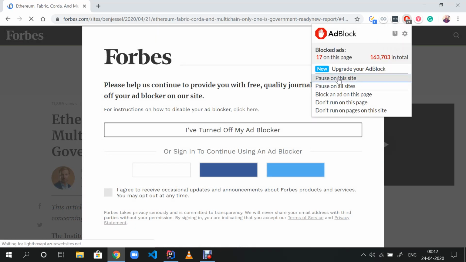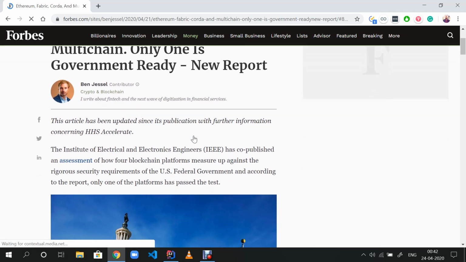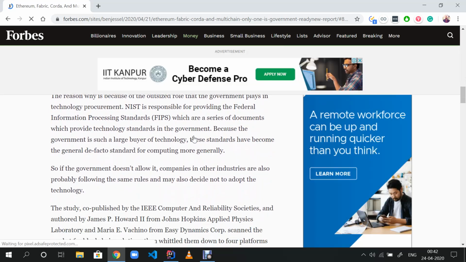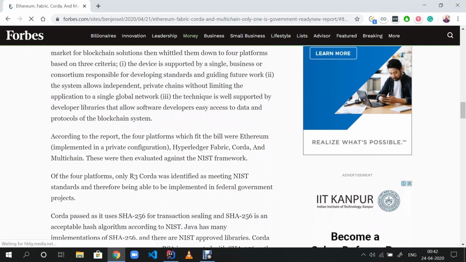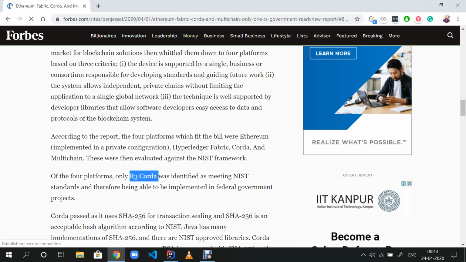In Forbes, it is mentioned that out of the four prominent blockchain platforms, that is Corda, Hyperledger, Ethereum, and Multichain, R3 Corda was the only one which met the NIST standards, which makes R3 Corda the first blockchain platform to be implemented in federal government projects.